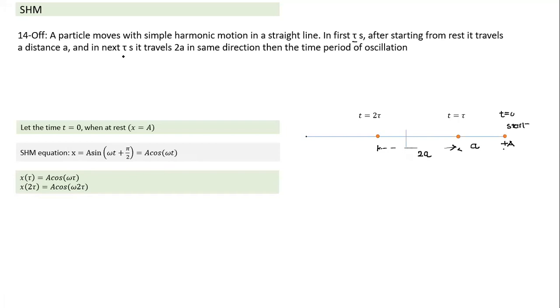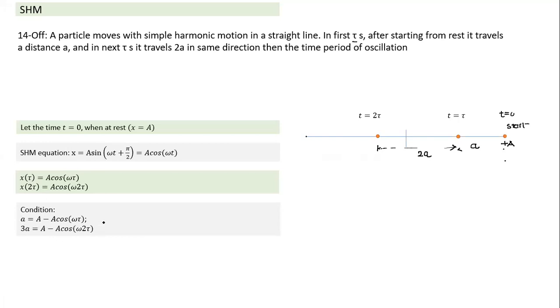Now let me use this information here. What is the displacement in time tau? What is the condition given here? What is a equal to? a is the initial position, the extreme position. Displacement is the initial position minus the final position, magnitude. So the initial position at t is equal to 0 is a, and the position at time t is a cos omega t. What is the displacement in time 2 tau? Displacement in time 2 tau is equal to 3a. This is also initial position minus final position.